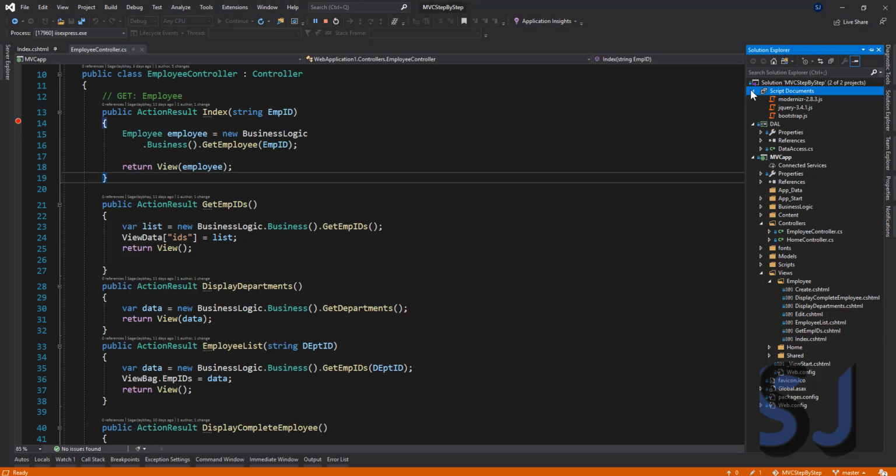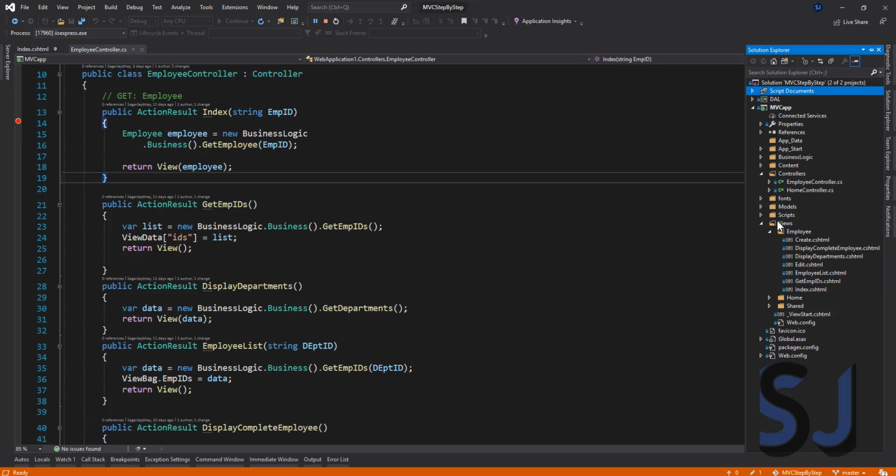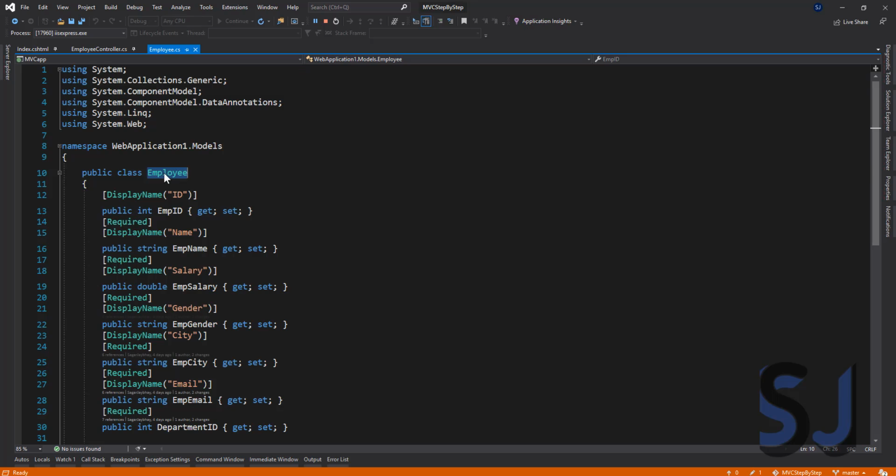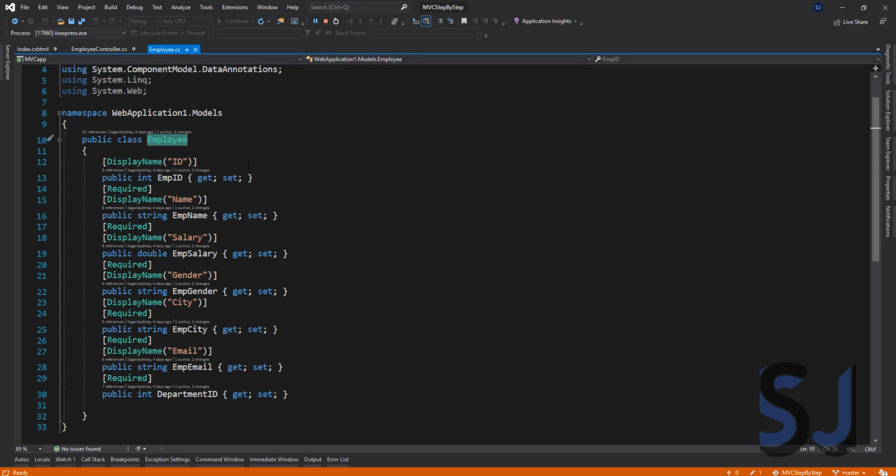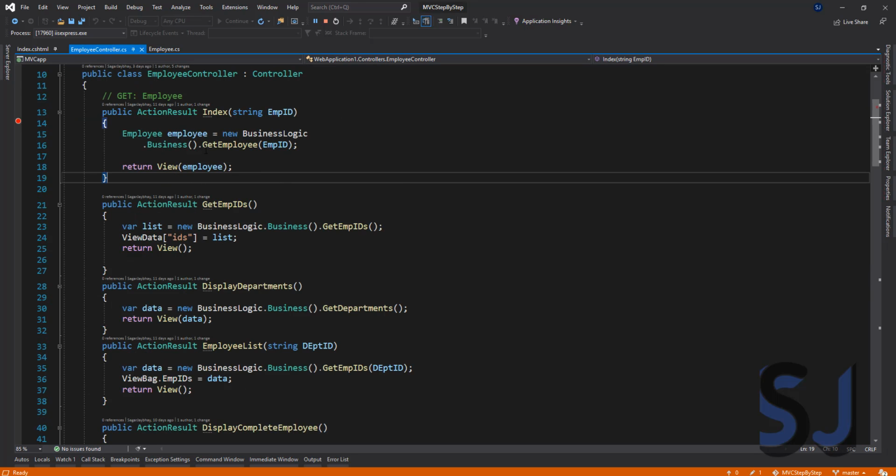Now if you see the MVC project, in this we have a Models folder. If your application doesn't contain a Models folder, then you can create it. And Employee is our model. In this Employee class we are using EmpId, EmpName, Salary, EmpGender, City, EmailId and Department as properties. Now in this action method we create one null reference Employee, and for that reference we get